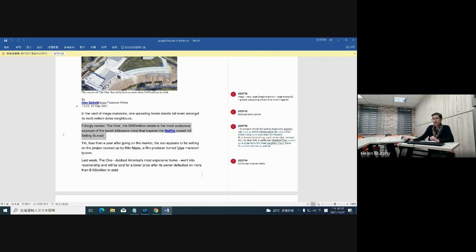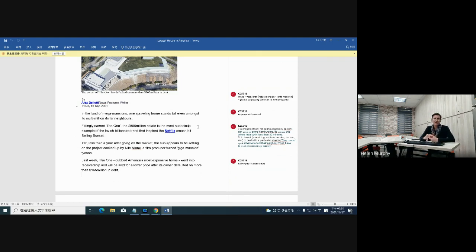Okay. And then when I talk about it being an audacious example of the billionaire lifestyle, audacious means something is very, very daring and kind of extraordinary and nearly shocking in a way. I think they're using the word audacious here because you can see the position of the home is very obvious. All the neighbors around can see where the home is located.